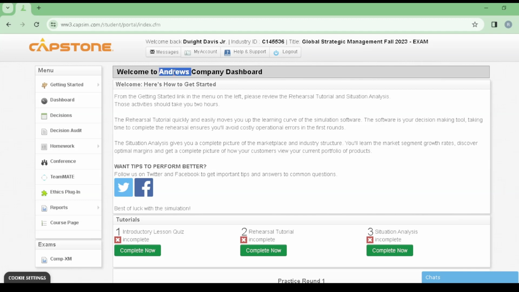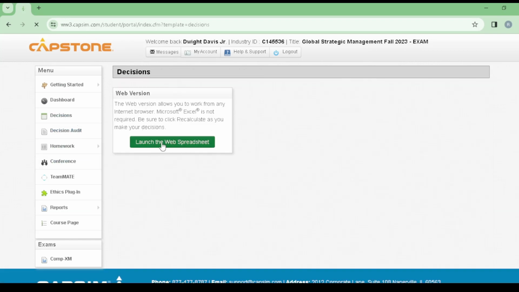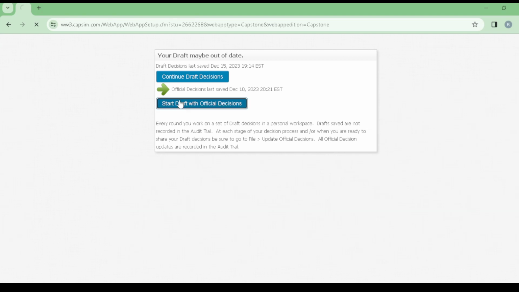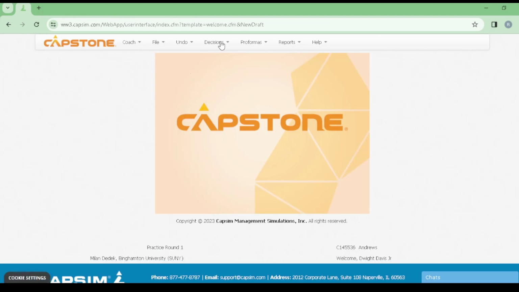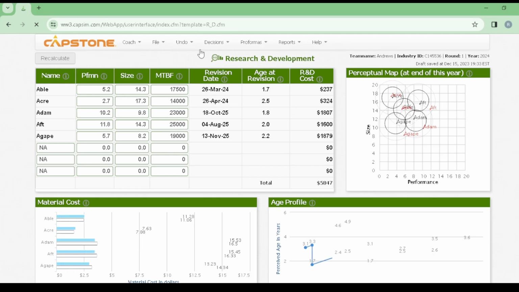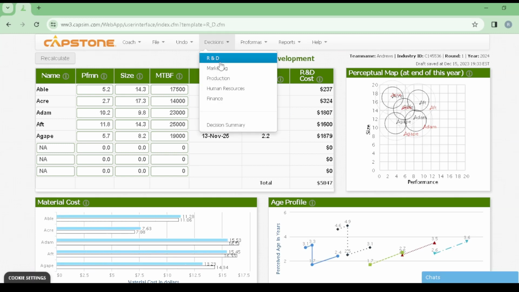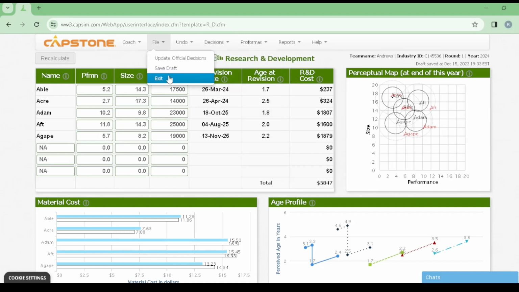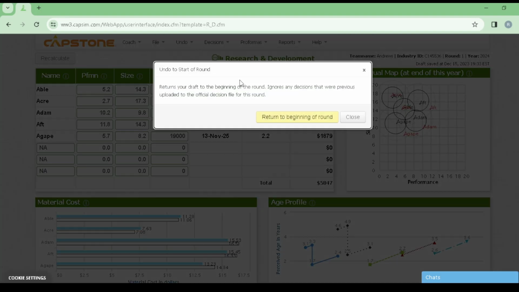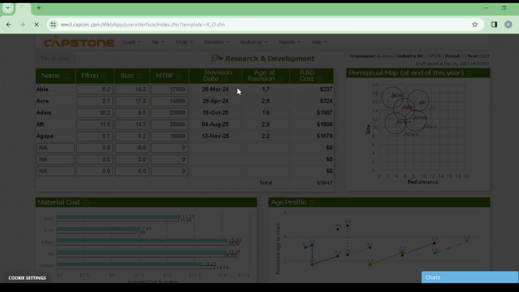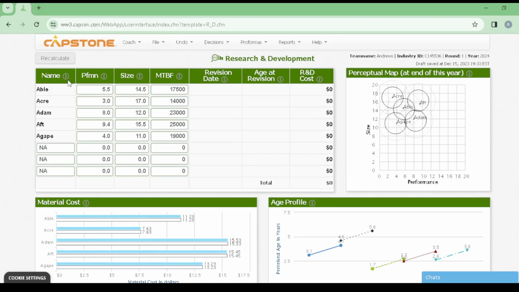Here our company is Andrews, and this is the dashboard of the simulation. So first things first, we can check on the decisions board, launch, start draft with official decisions, and then you can see that as usual you have different departments. You have the R&D, the marketing, the production, the human resource, and lastly the finance. Okay, so under the R&D we have the name of the product, the performance, the size, and the